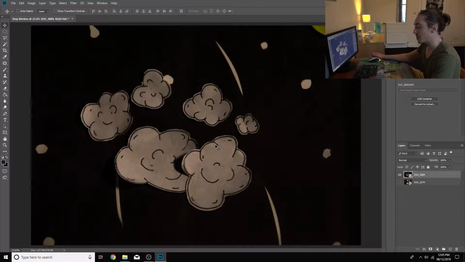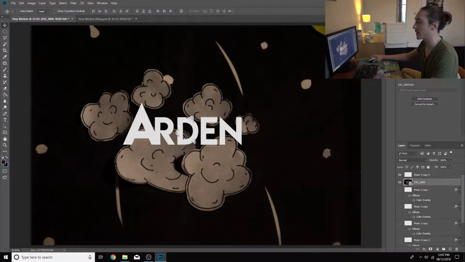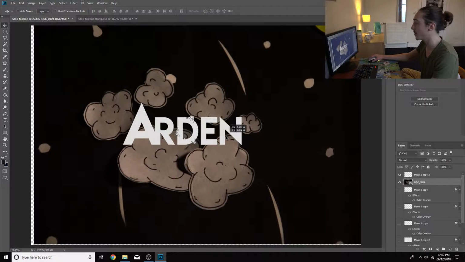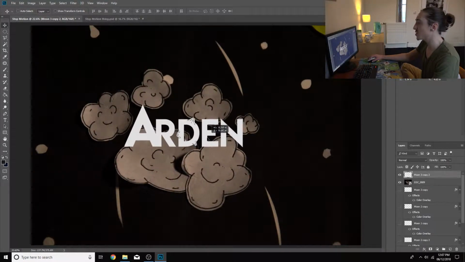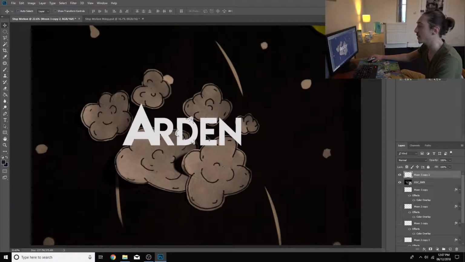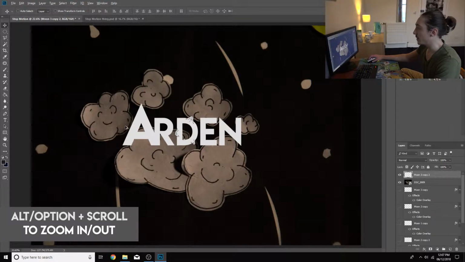The smoke effect images were the last images that I wanted to properly edit, because what I wanted to do was add in my Ardent logo. So to make the effect that my logo was appearing from beneath the smoke clouds, what I did was insert my logo on top of the clouds. I positioned it to the middle of the photo where I was happy with it, and then what I did